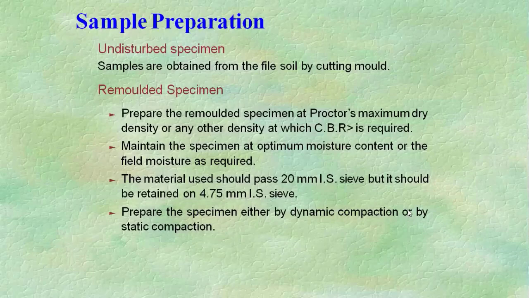Then the test sample is first prepared. About 20 kg of air dried soil specimen which has passed through a 20 mm IS sieve is taken and compacted at OMC with an imparted energy of compaction according to the specimen to obtain maximum dry density. After the soil sample is prepared, the soil filled mold is kept in a soaking bath for 4 days. Before testing, the specimen is drained for 15 minutes.